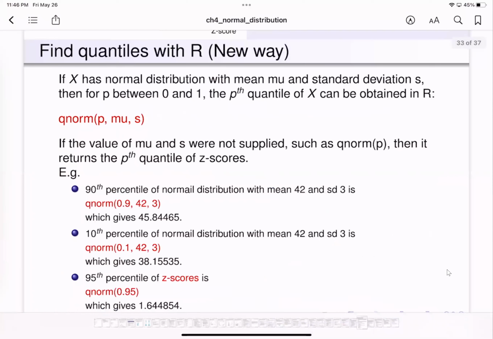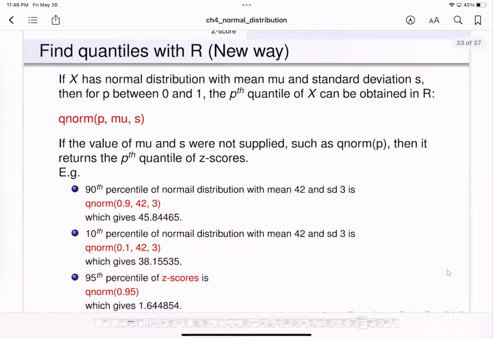So that's about the probability. The next thing is to find the quantiles of the normal distribution. We'll also use R to find the quantiles. If the distribution is normal with a mean of mu and the standard deviation given by S, then the P-th percentile or quantile of the normal distribution can be obtained with qnorm, with P, the mu and